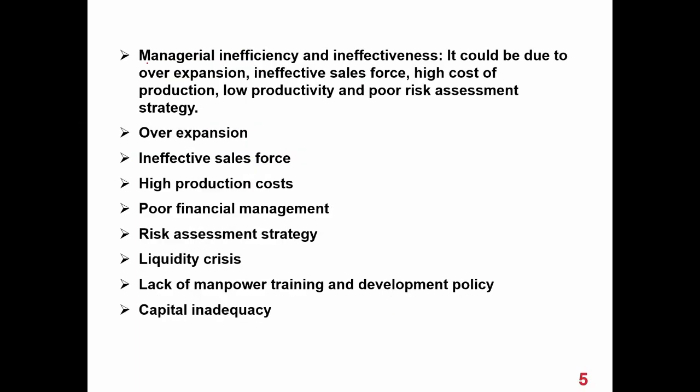The next important point is managerial inefficiency. In different scams, the CEO wanted to overexpand the business though they had no money, and they used more debt. Then there was an ineffective sales force, the cost of production was high, and there was low productivity. Overexpansion of business: as we have seen in the scams, most of the companies wanted to become a monopoly. Monopoly means they want to capture the small companies and grow into a bigger one. In the event of that, they had fewer funds and they inflated their profits.